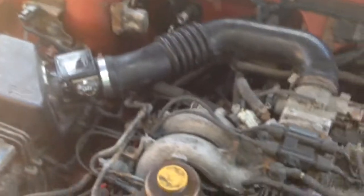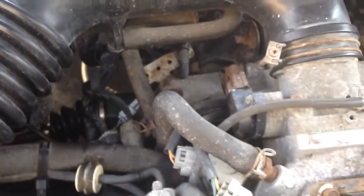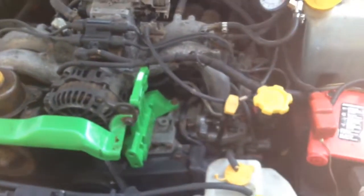Another thing is, somebody mentioned the idle air control valve as well. I might take a look at that. We'll see. But for now, I'm just going to end this video, and I'll talk about it on the forum